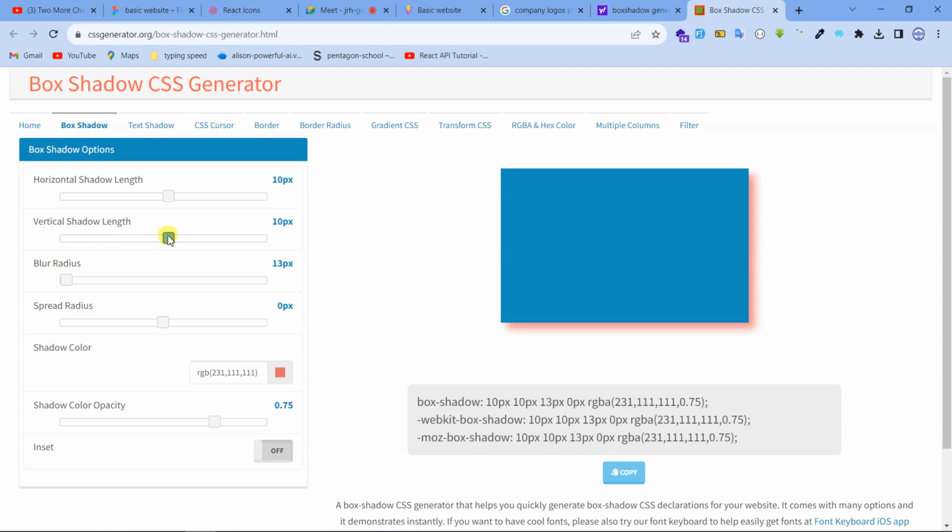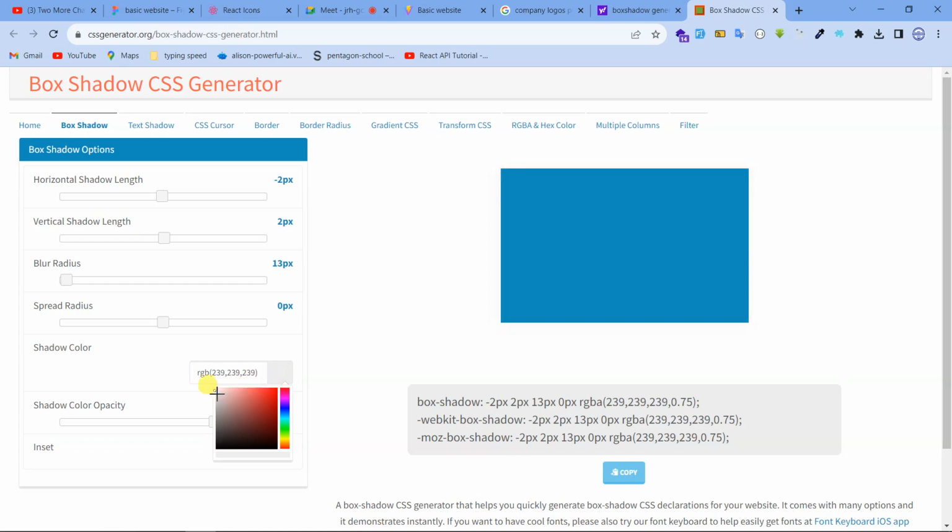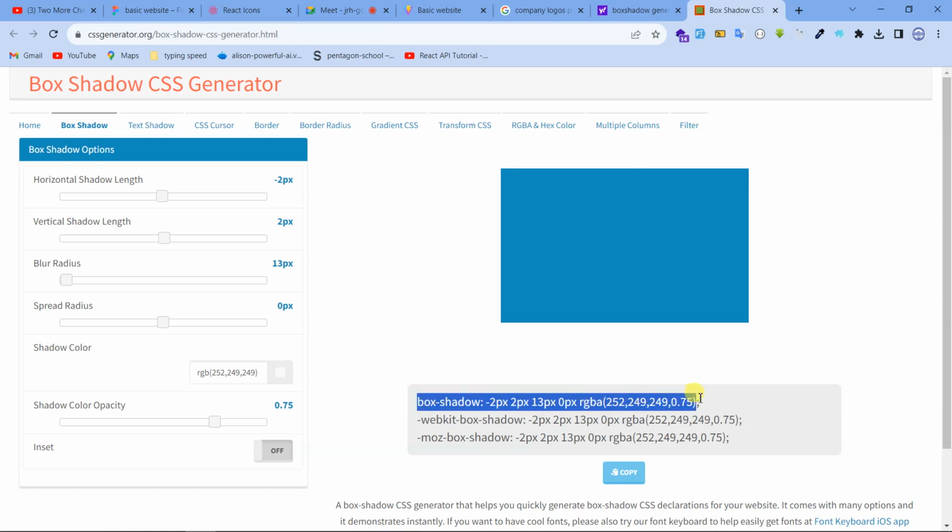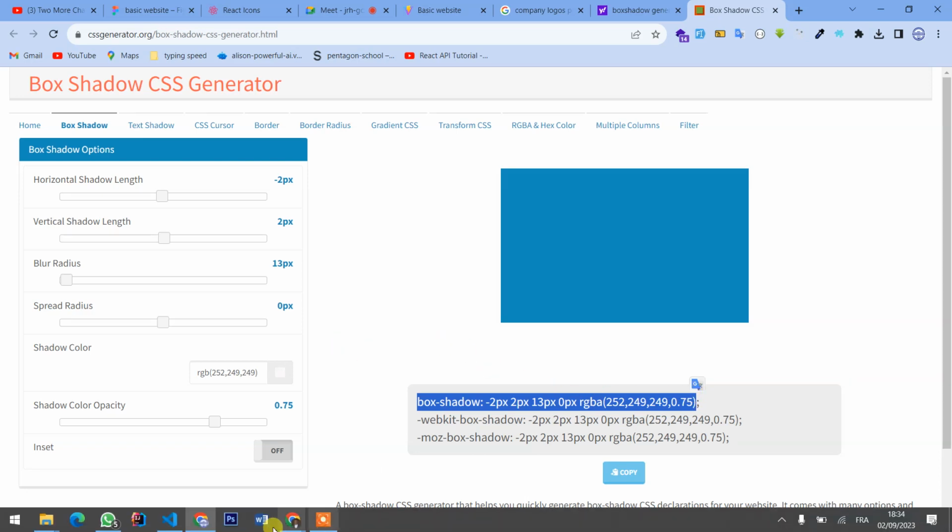Like this. Then the color here should be like this. Then you can see here it's already generated, so it depends which one you want. If you want this one, like box shadow property all up to here like this, then copy this one. Just go to your CSS